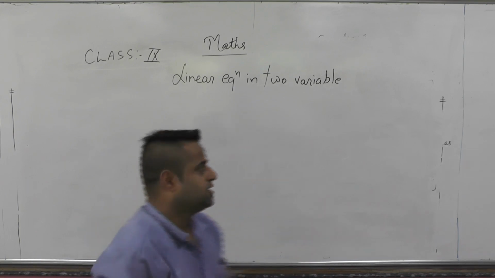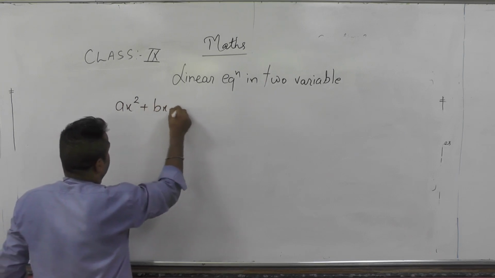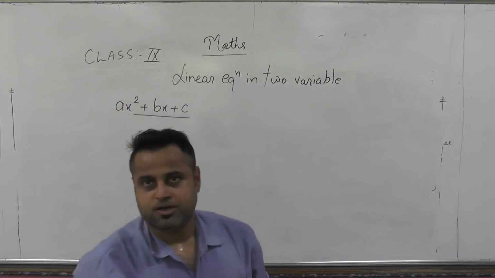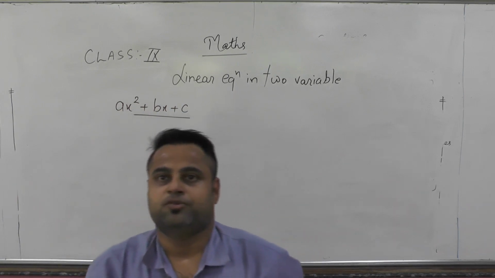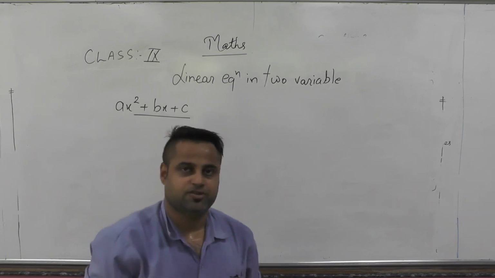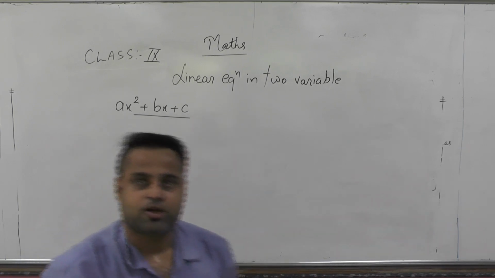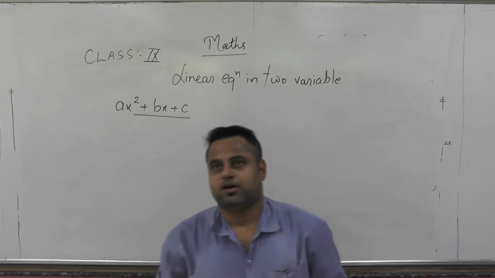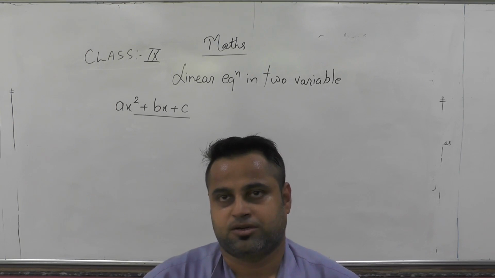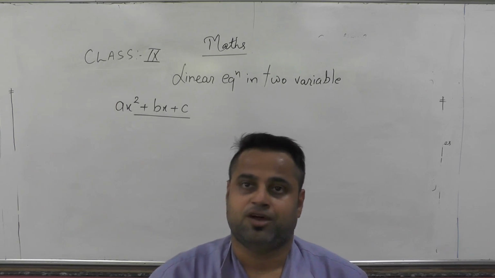Like ax square plus bx plus c. It is a quadratic polynomial or a trinomial, with a, b, c as constants and x as a variable with different powers. This we call a polynomial. Now remember that a polynomial does not have a fixed value. Since it is a combination of variables, it varies when the value varies.